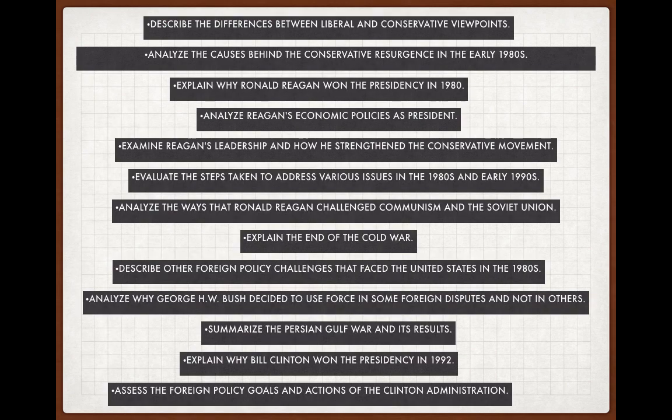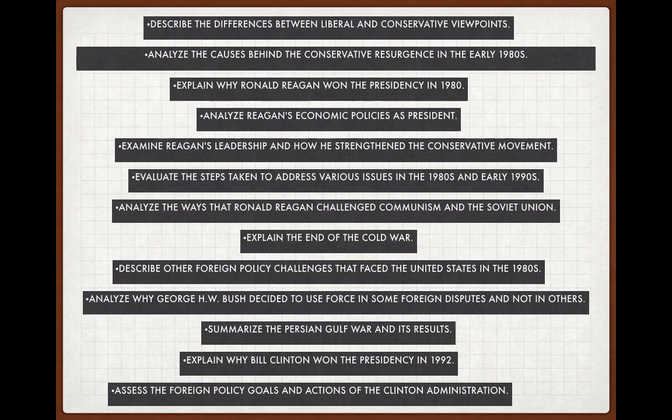Describe the differences between liberal and conservative viewpoints, analyze the causes behind the conservative resurgence in the early 80s, explain why Ronald Reagan won the presidency in 1980, analyze Reagan's economic policies as president, examine Reagan's leadership and how he strengthened the conservative movement, evaluate the steps taken to address various issues in the 80s and 90s, analyze, isn't that a vague one there, analyze the ways that Ronald Reagan challenged communism in the Soviet Union, explain the end of